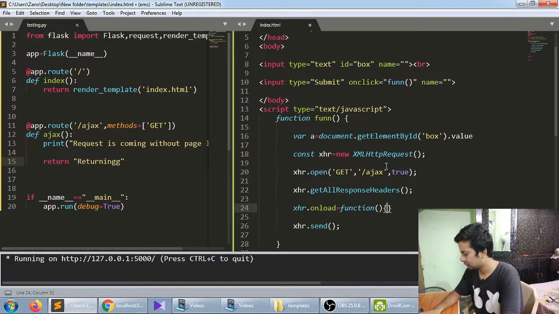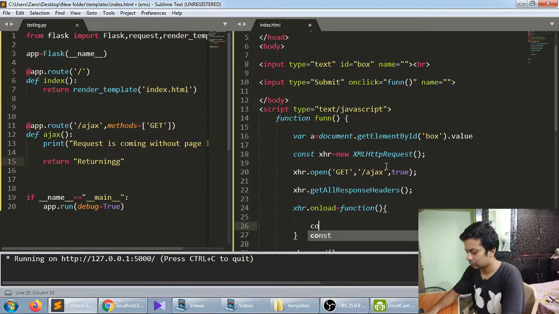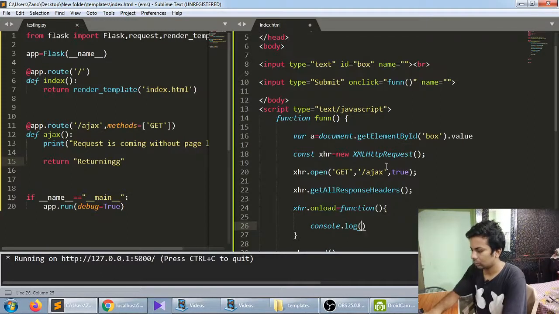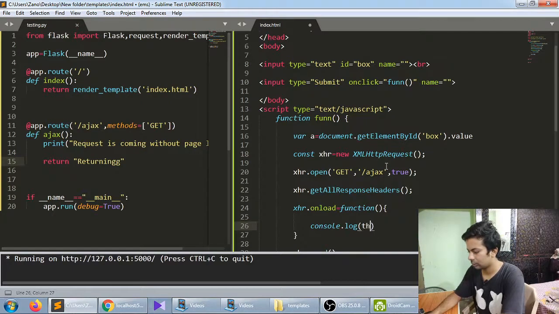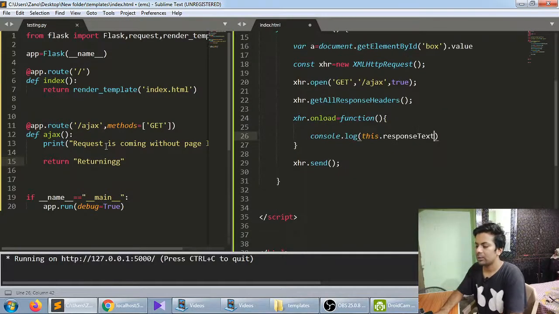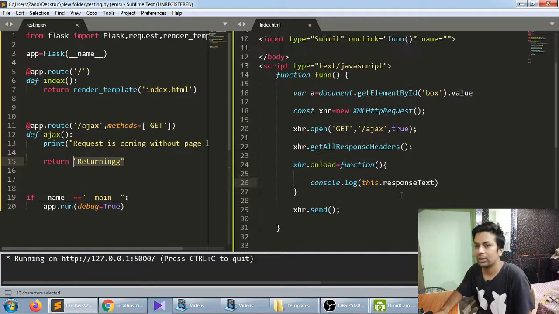Function, console.log this.response. Okay, see, I am returning a string called returning, or you can just return any data or something.